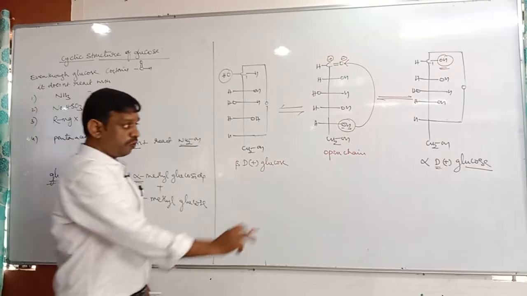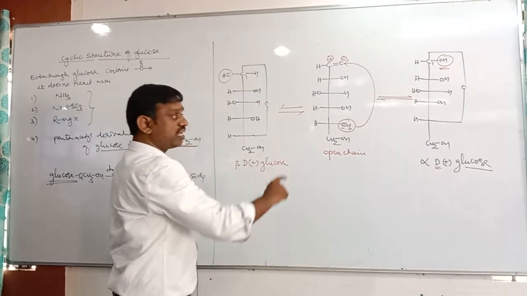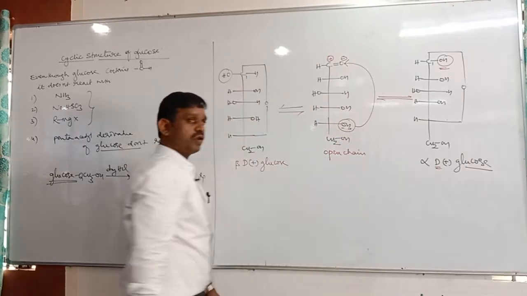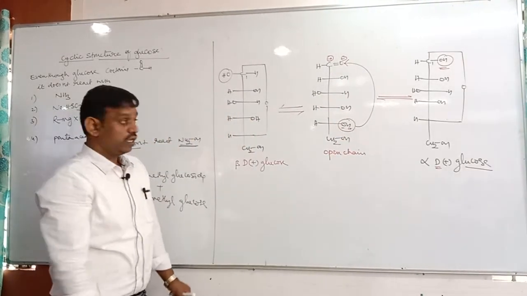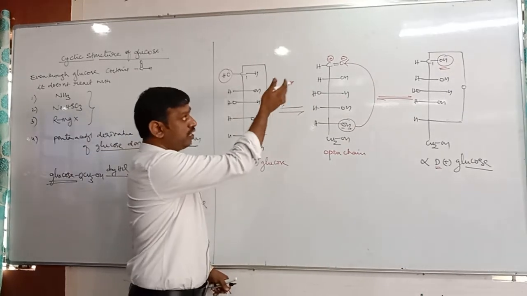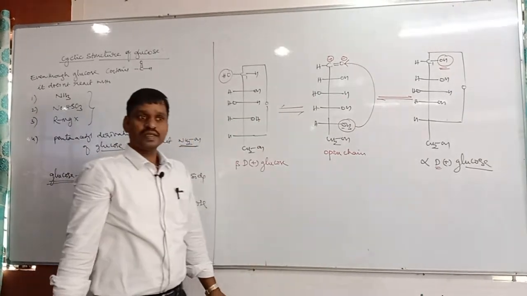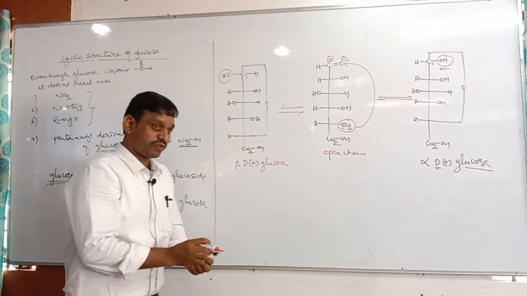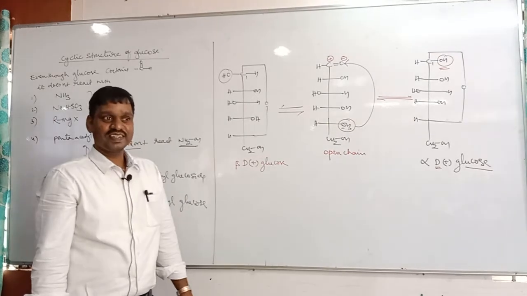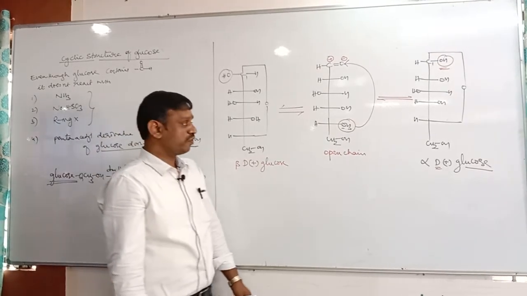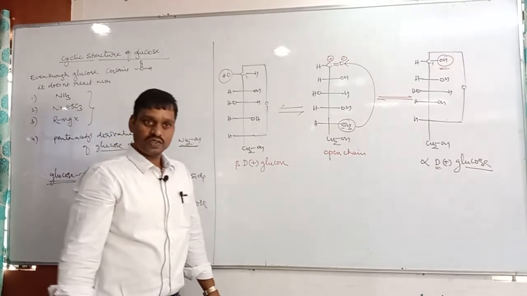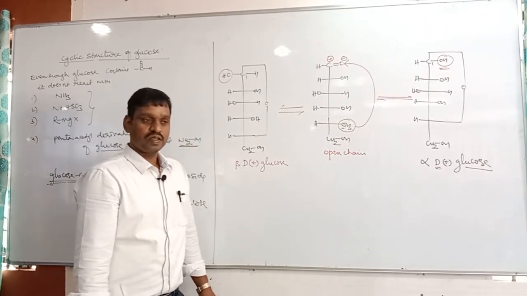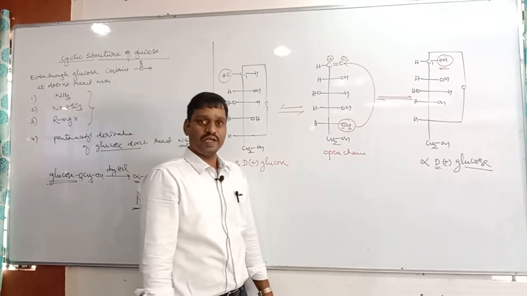So therefore, the open chain structure can be converted into cyclic structure. How? By interacting the aldehyde group with the fifth carbon OH. Then you may have a doubt. There are 5 OH groups. Why should the aldehyde group interact only with the fifth carbon? Why does it like only the fifth carbon OH? In chemistry, for everything there will be a purpose, no? Because of stability. Here the purpose is stability.